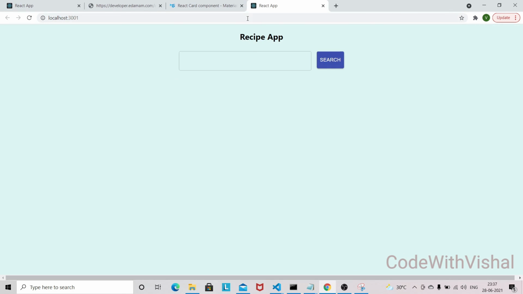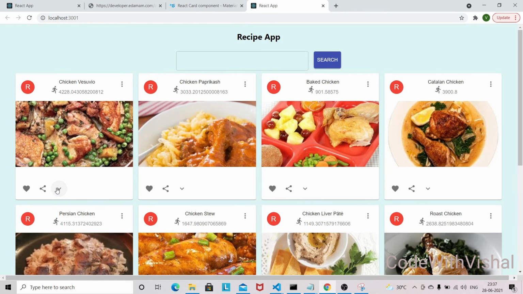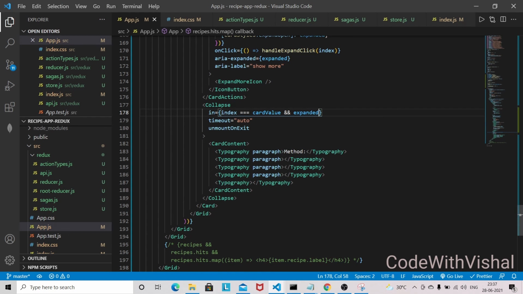So let's refresh and let's expand this one. It's not working, so let me check what the issue is here. We don't have anything inside that, that might be the problem.